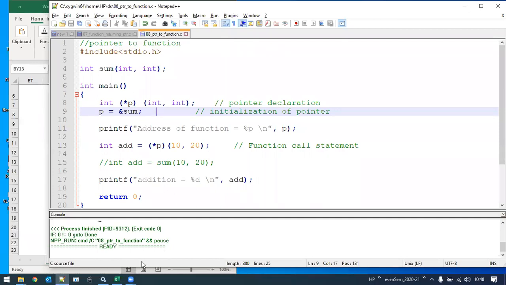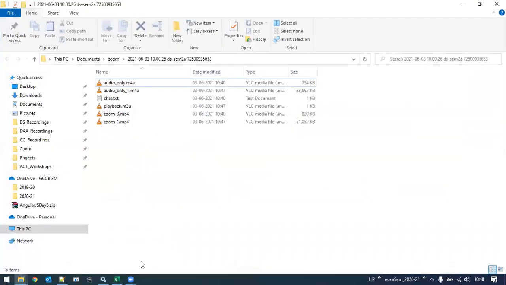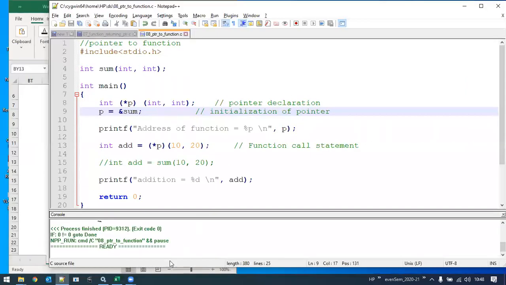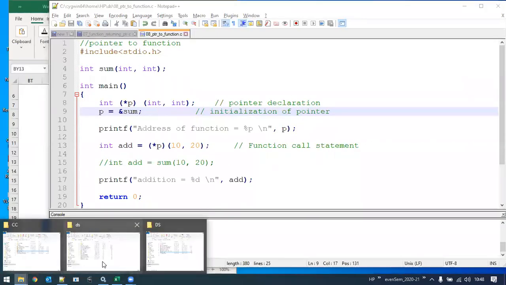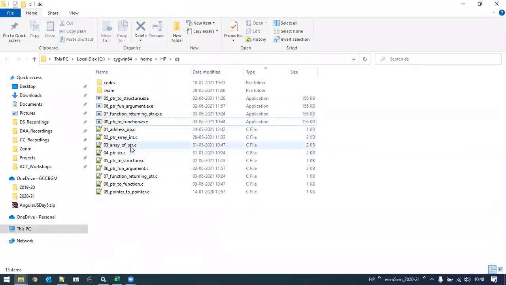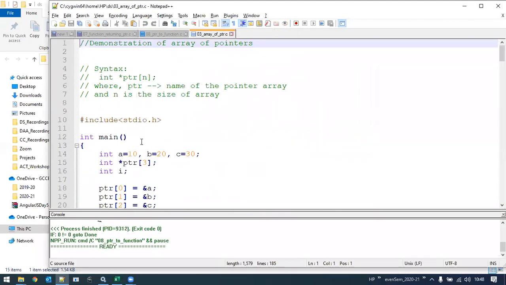Now what are the other programs I need to share? Which programs have I shared and which have I not shared with you? Do you have a count of that? Sir, only these three you have to share, sir. Functions, pointer and functions. What about pointer and string? Did I share it? No, sir. I think till array of pointers. Have I shared array of pointers? Yes, sir.